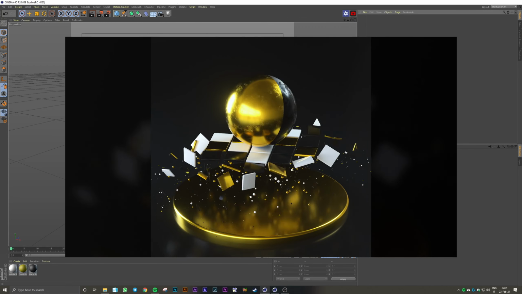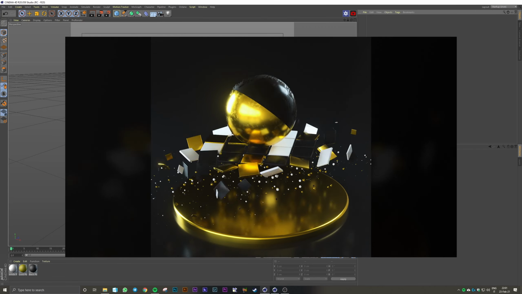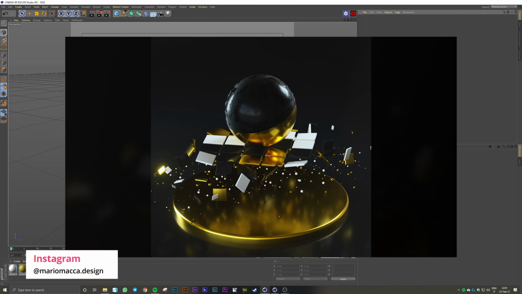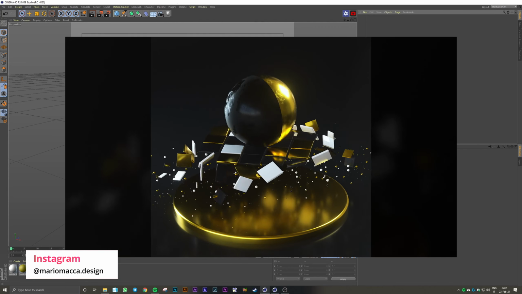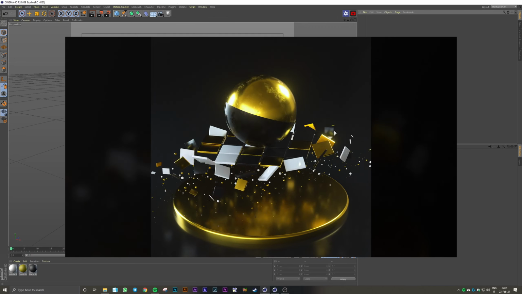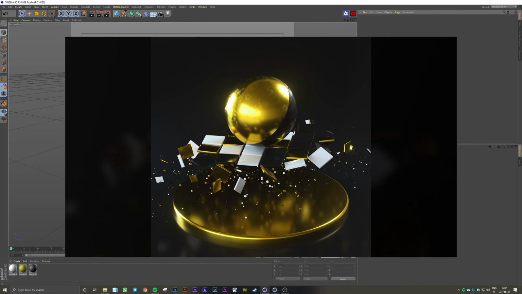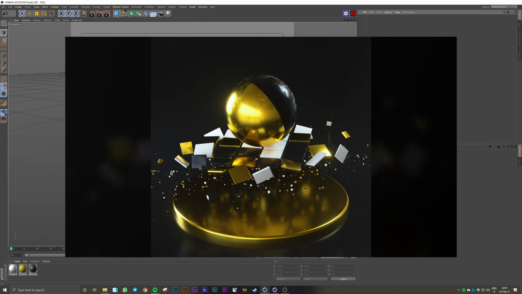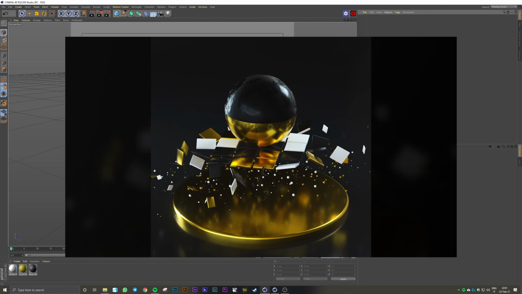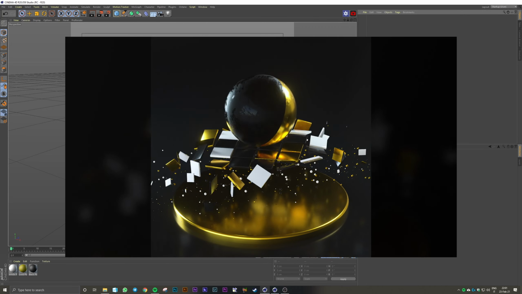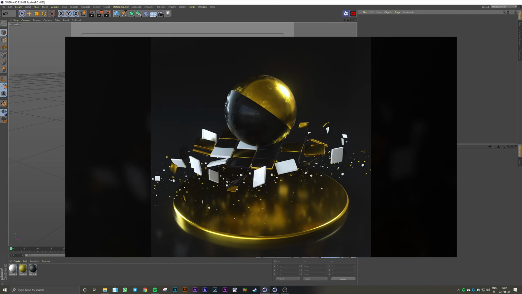In today's tutorial we're gonna recreate this scene together inside Cinema 4D, and we will cover everything from the modeling to the animation. In case you want to know how to render this animation in Octane, go to the tutorial up here because there are the same elements like same texture, same lighting, and the project file is available for